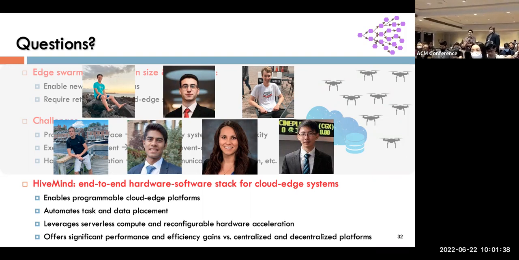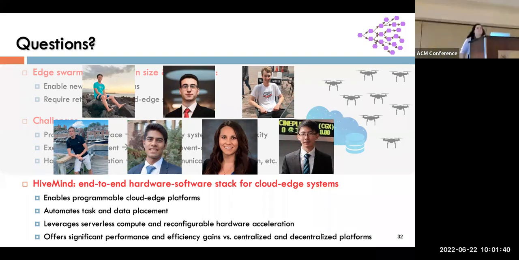It's complementary. That's a good question. So what we try to do here is not change too much about existing frameworks. So the operating system is still the operating system that you have in normal cloud and edge environments. What we have changed is the programming interface. And the idea is to take it to a higher level. So try and let the user focus on the high level objective. What is the performance, power, or cost that they want to meet? And then let the system automate where tasks are placed, how APIs are being synthesized. So it's a slightly different goal, but I think to some extent they're complementary.